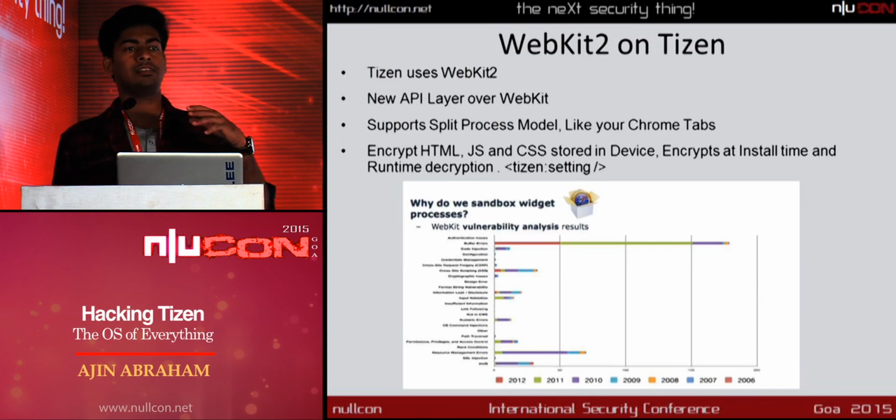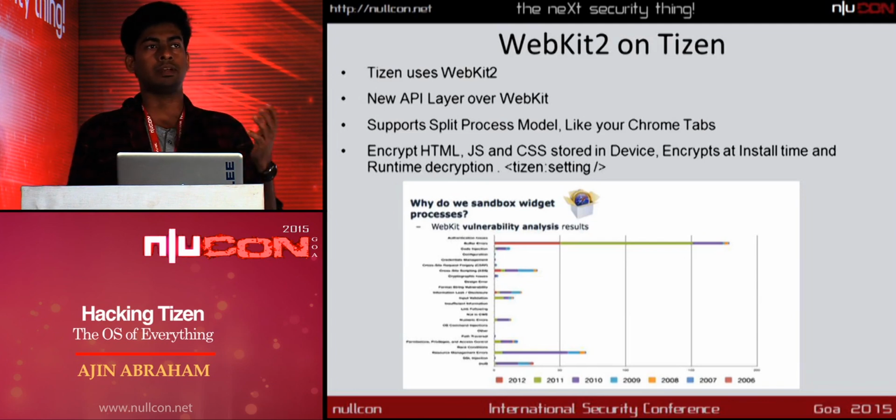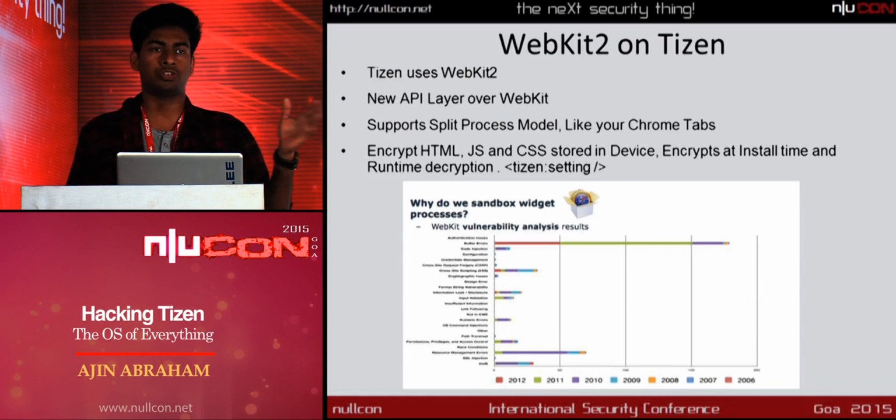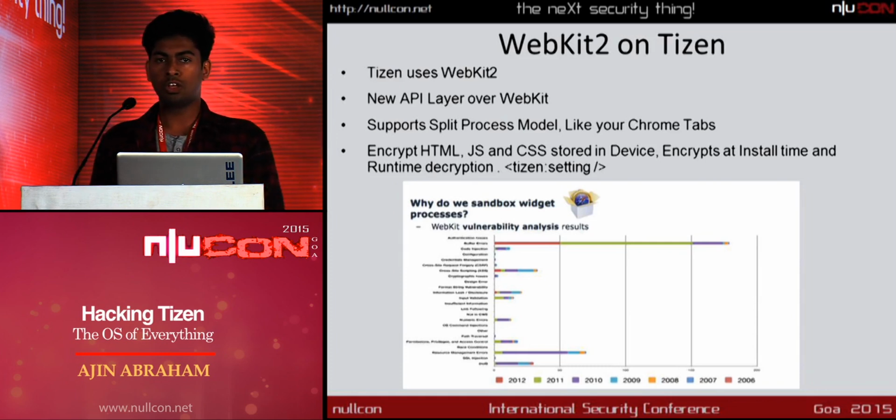So you know that Tizen applications, Tizen web apps, are basically running over something called WRT. That is a WebKit runtime. So WebKit, you know that there's a lot of exploits, bugs, and user outreach happening on WebKit. So what they did is they made an API. They use something called WebKit2, which is an API layer over WebKit. And basically what it does is nothing.